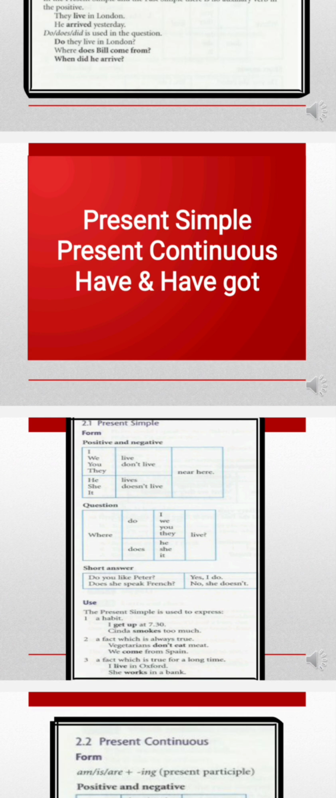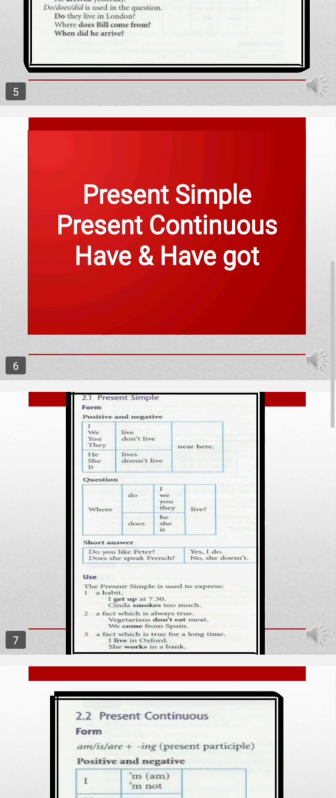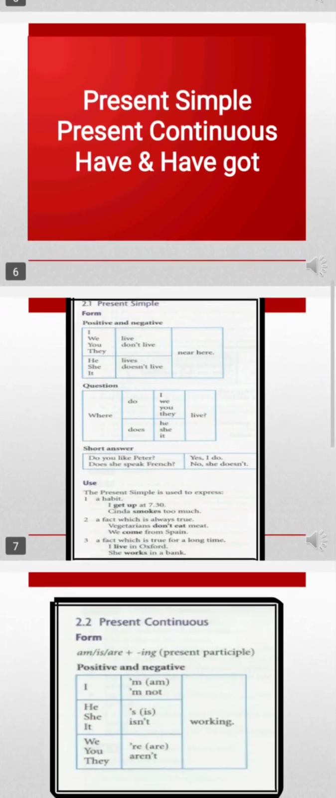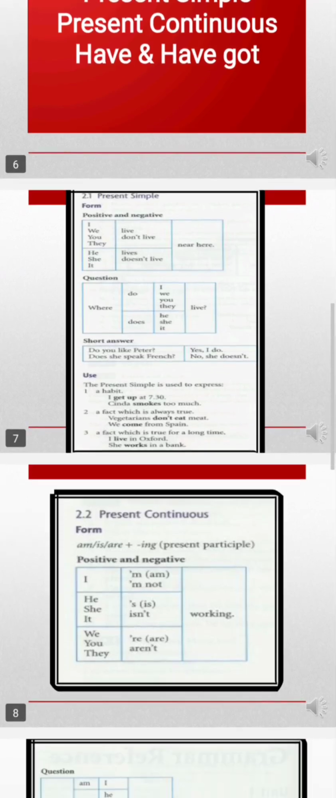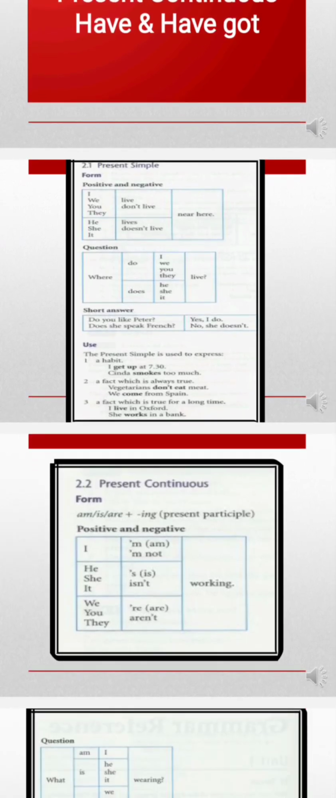As for the second part, I'm going to explain about present simple, present continuous, have and have got. Present simple. Its form, positive and negative. For example,